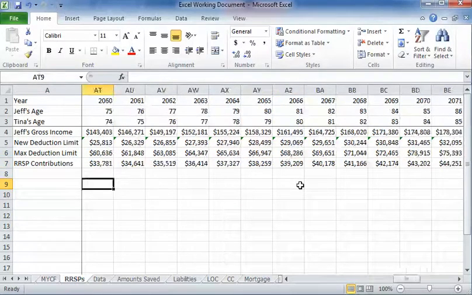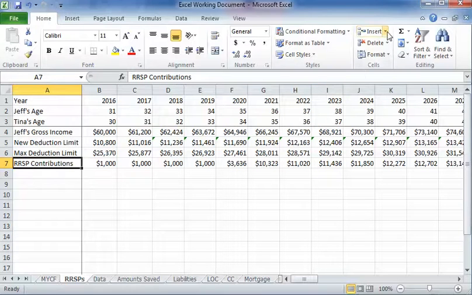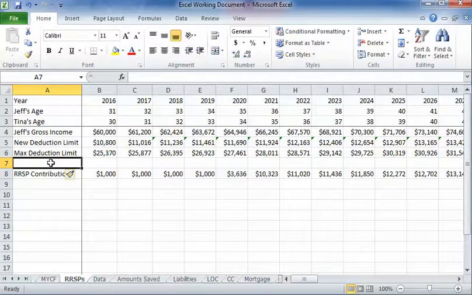My concern here, of course, is does Jeff ever contribute more than his RRSP limit? So this is where we want to track what's happening with his total contributions versus his RRSP room. So we know we've got his maximum deduction limit here. We know we've got his new deduction limit here. We've already compared those two things. And now what we might do